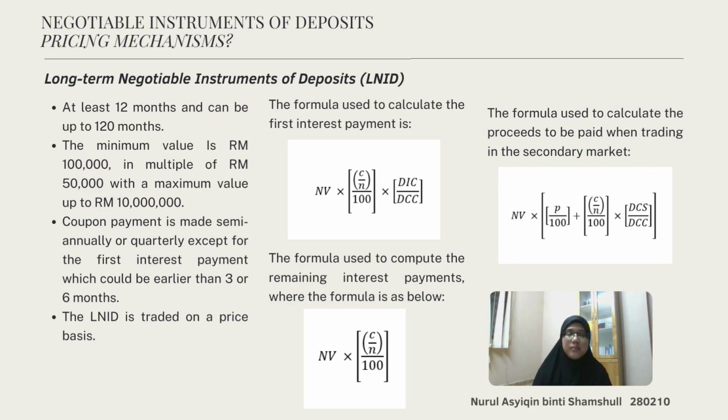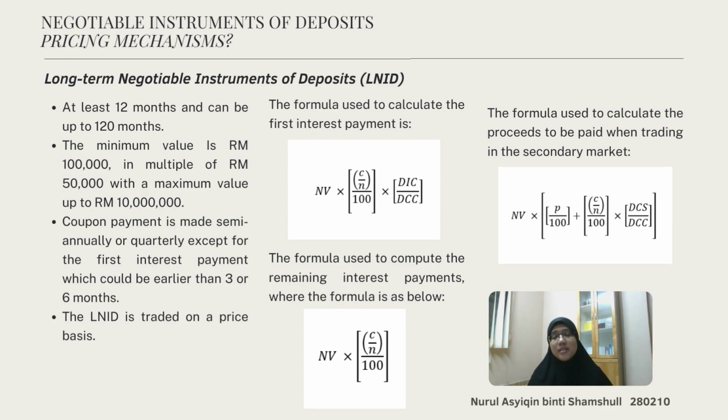Secondly is the long-term negotiable instrument of deposit (LNID). The tenor for LNID must be at least 12 months and can be up to 120 months. The minimum value for LNID is 100,000 ringgit in multiple of 50,000 ringgit with a maximum value up to 10 million ringgit. The issuer may issue LNID at par, at a premium, or at a discount,